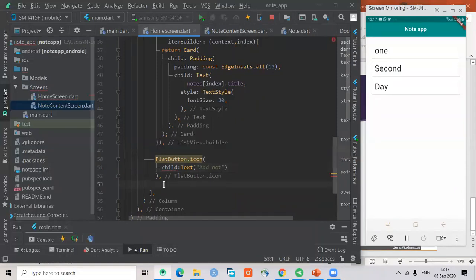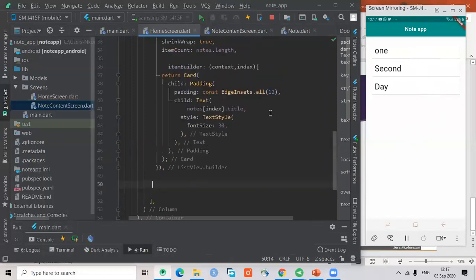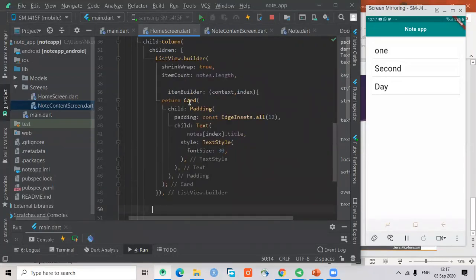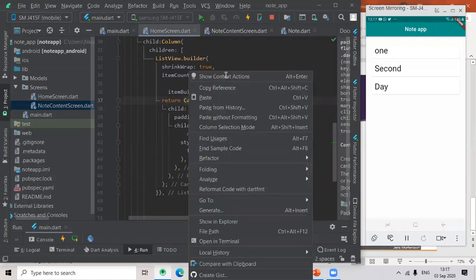Oh, actually, okay, we don't need to do that now because we don't want the user to click on a button. We want them to click on one of these ones here. So now remember that this is a card, right? This text is contained inside a card, and this one is also contained inside a card. So now there's a widget that you can add. And the nice thing about this widget is that you can add it to anything. You can add it to a text widget, you can add it to an image widget, anything. So this widget is going to be called